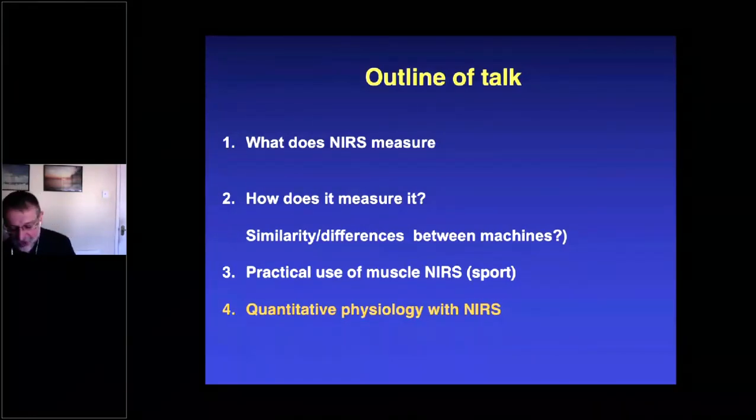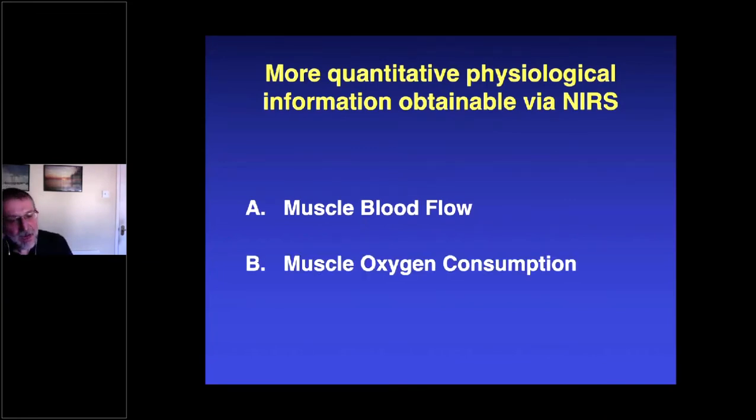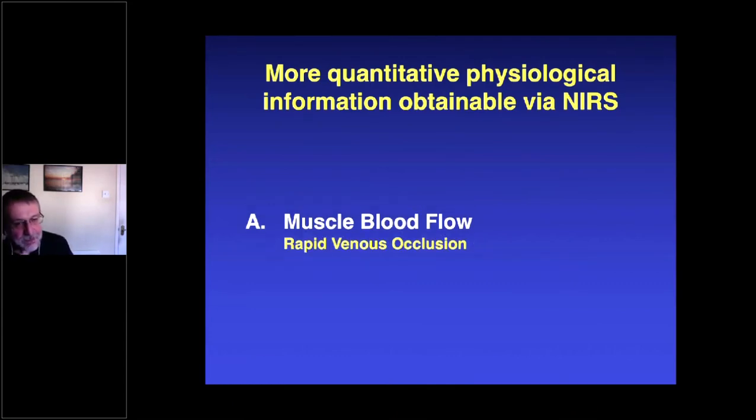Now I want to talk about the quantitative physiology measurements you can make with near-infrared spectroscopy. There are two specific measurements that you can make and that have been validated. One is a measurement of muscle blood flow, and the other is a measure of muscle oxygen consumption. They both require interventions. The muscle blood flow requires a rapid venous occlusion, where you pump up a blood pressure cuff to block blood